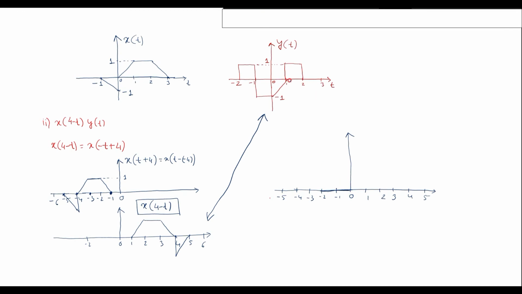Now from 0 to 1 there is a ramp like signal. Here from 0 to 1 there is no signal. So from 0 to 1 it will be 0 only. Now here we can observe that in between 1 to 2 there is a ramp signal, and here from 1 to 2 there is a step signal. So when we multiply ramp signal with step signal, we'll get ramp signal between 1 to 2.